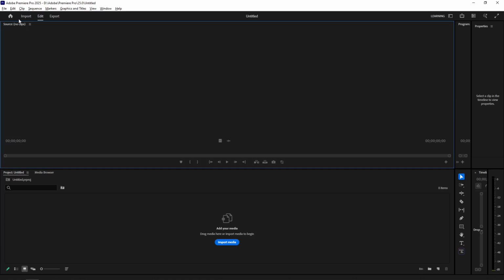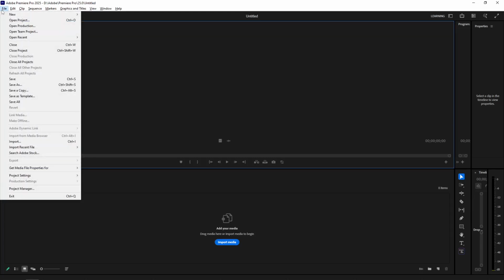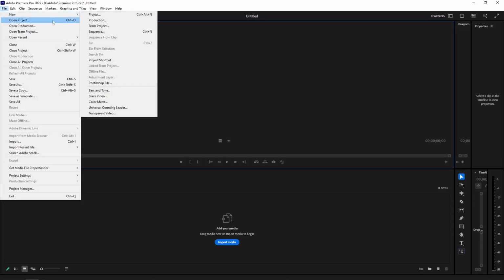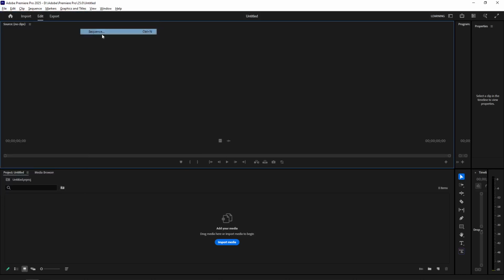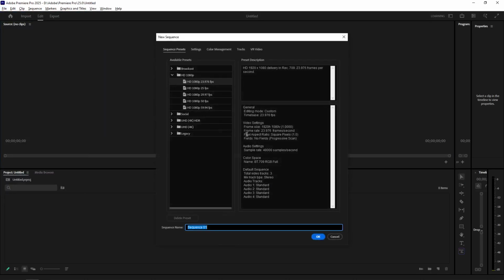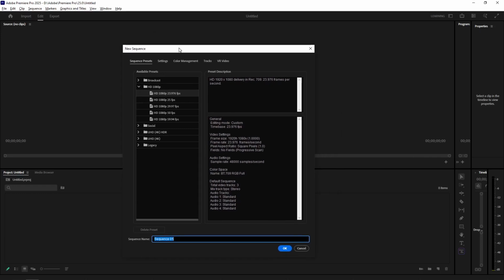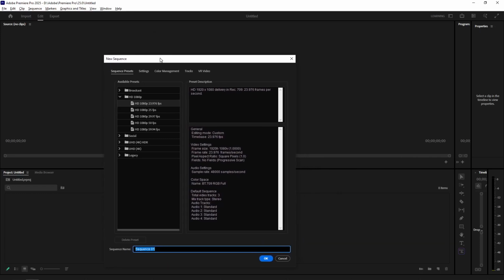Next, direct your attention to the top of the screen and locate the File menu. Click on it and scroll down to select New, and then head over to Sequence. This is going to open up the New Sequence dialog box, a crucial hub for setting up the groundwork of your edit. It's here that you'll decide what your sequence will look like in terms of technical specifications that need